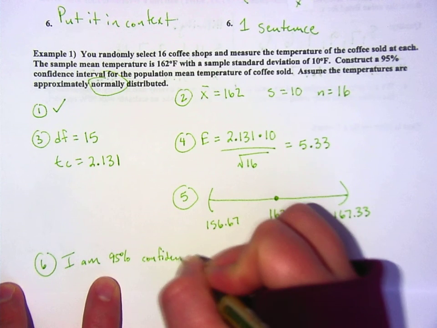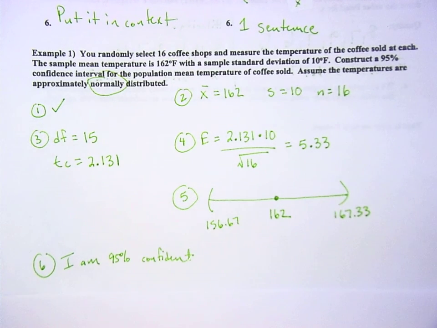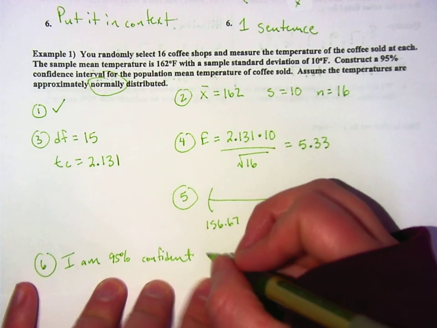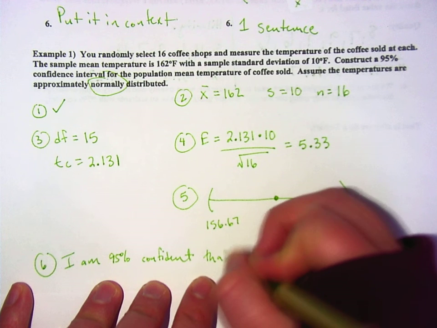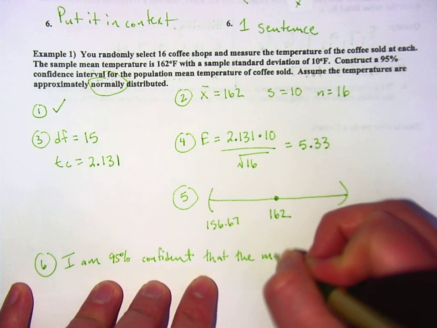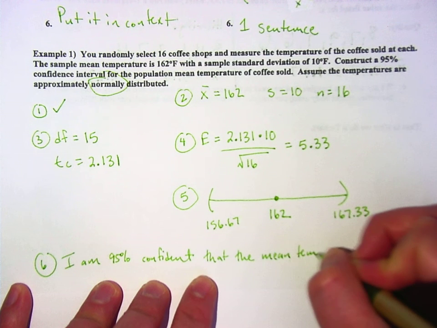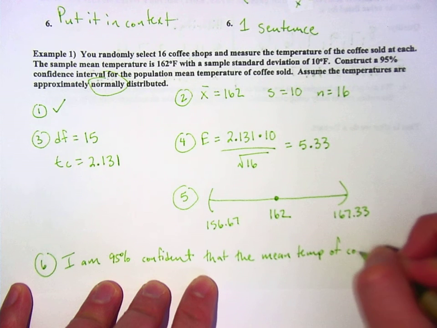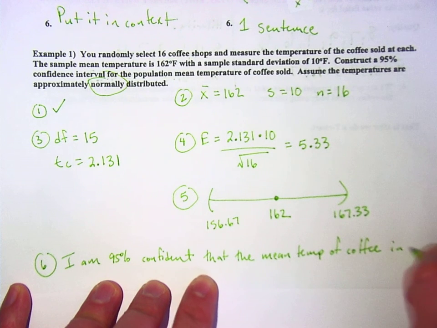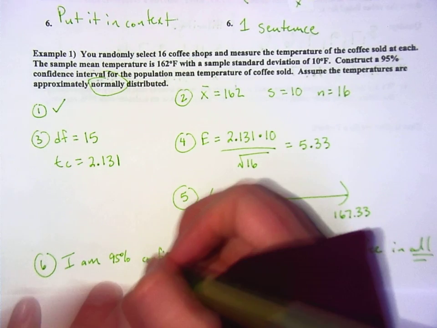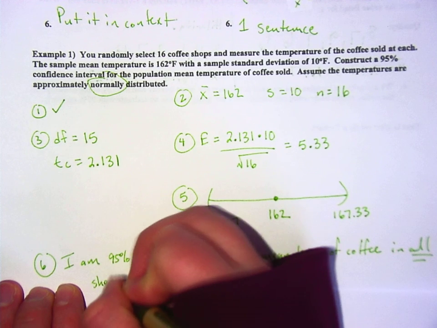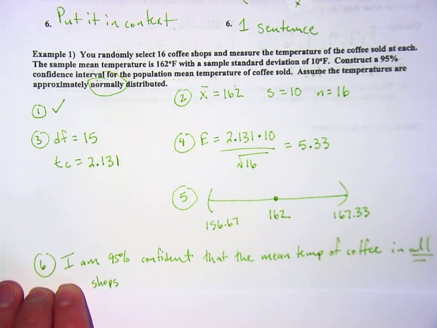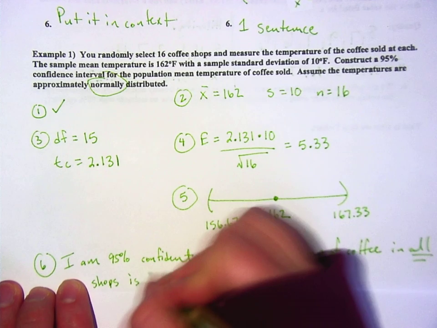Remember, it's not like if I went and looked at all coffee shops that 95% of them would fall in this window. I am 95% confident that the mean temperature of coffee in all, and that's important, all shops is between